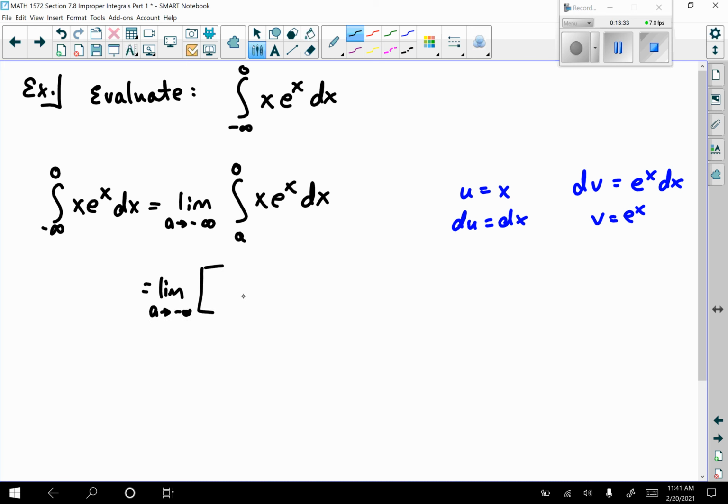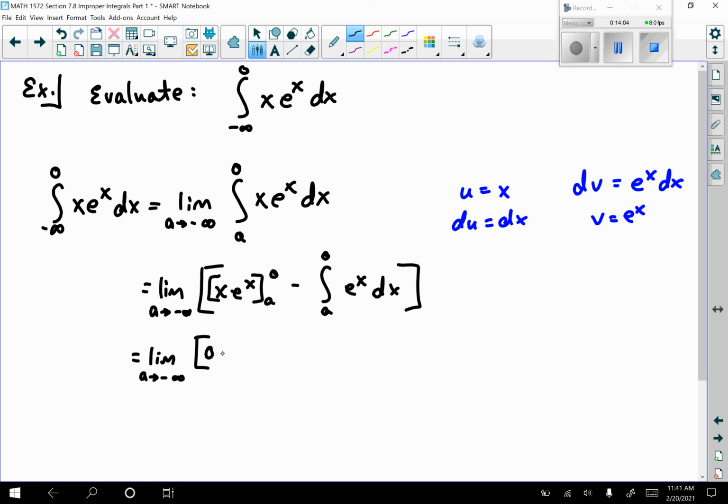Keep this in brackets though, as we use integration by parts. So remember, it's u times v, so x times e to the x. And within this, we have to still evaluate this from a to 0, minus the integral from a to 0 of v du, so we have e to the x dx. So first, if we substitute a 0, we're just going to get 0, then minus,